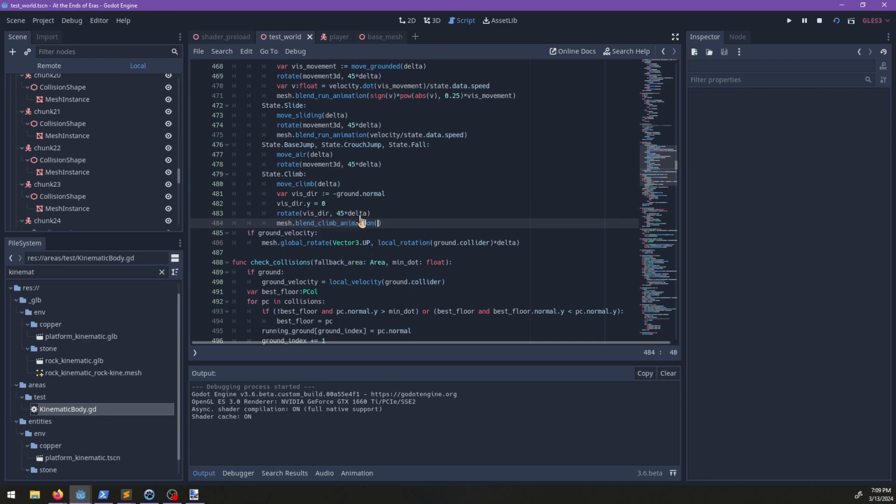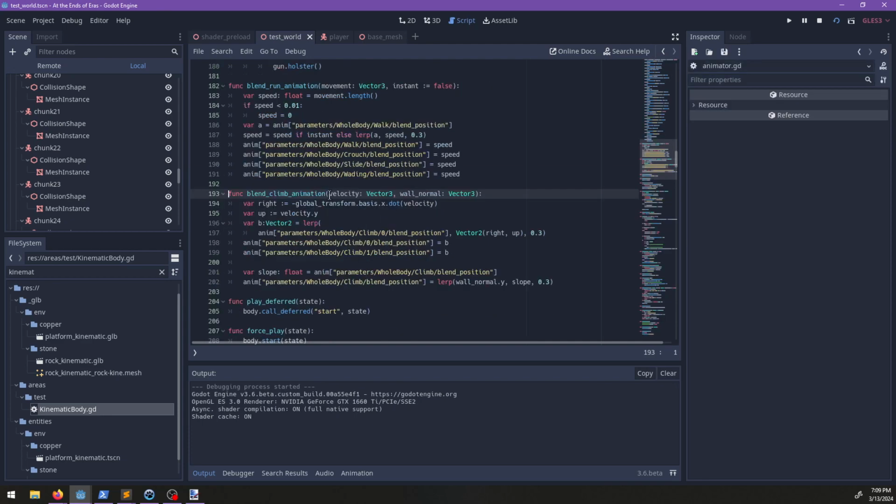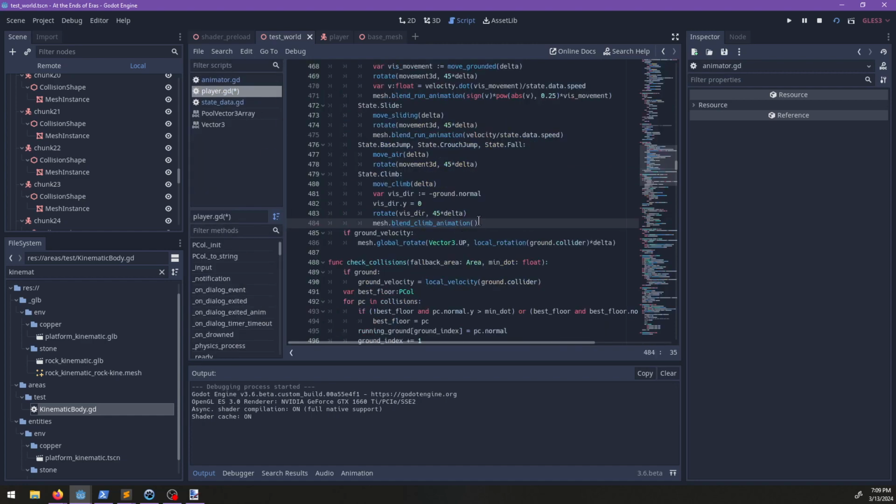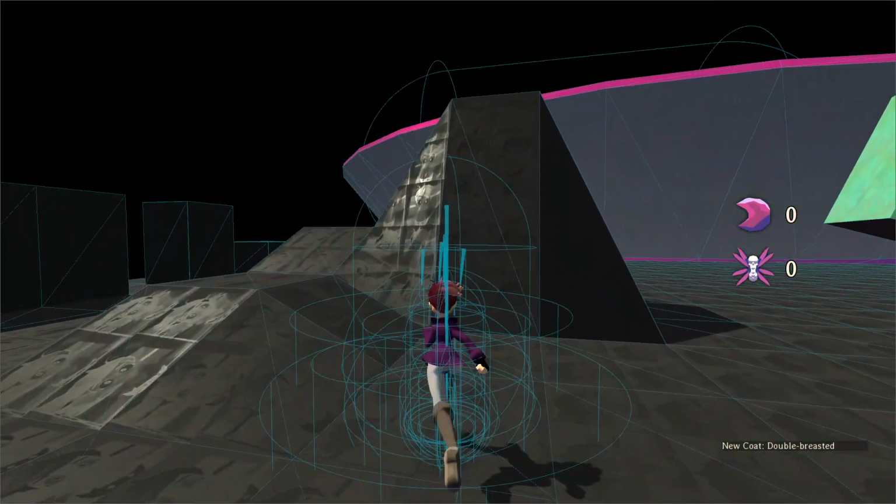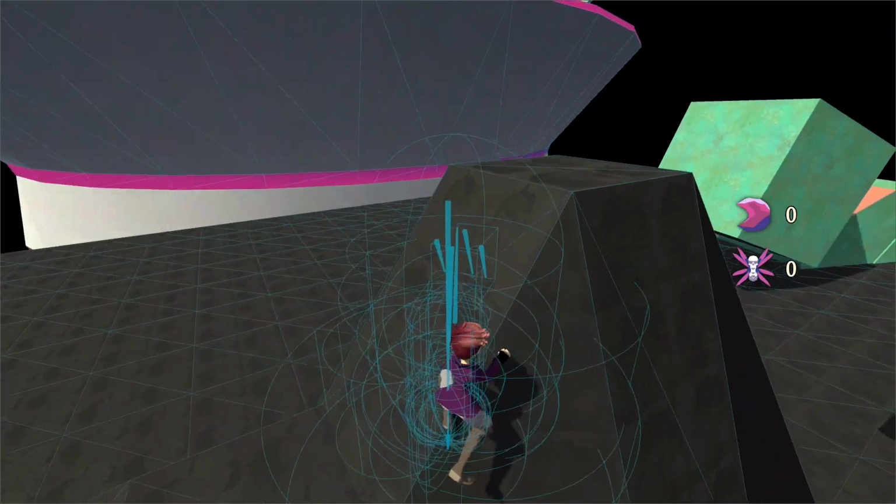Climb animation, what are the arguments for this? Velocity and wall normal. Oh, okay. That's convenient. And then I probably want something approximating move and slide with snap, or the snapping for the